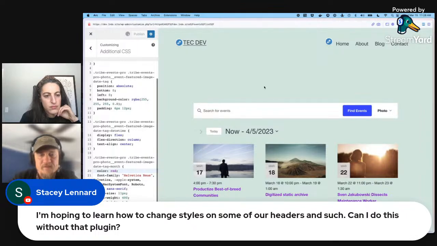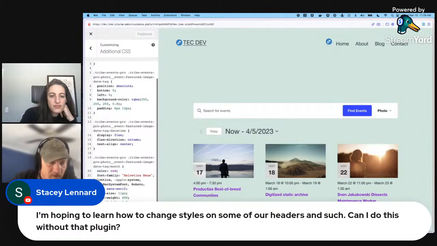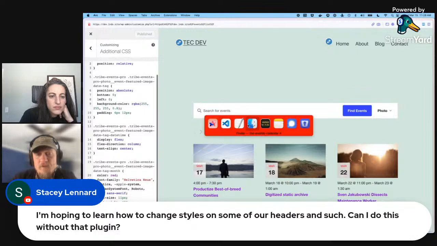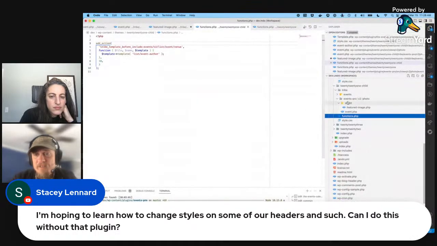it should refresh this and take tag month. And it's not doing it, of course. But oh, we have more than one color in here. That's interesting. I'm going to have to double check that article now. Looks like we get color defined twice. There we go. There's our red. See? So you can do it in the customizer,